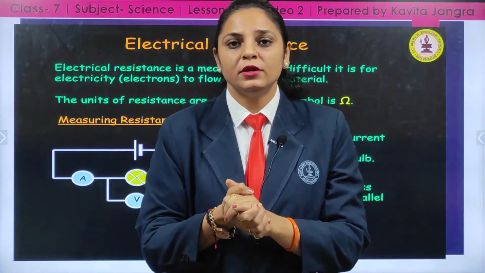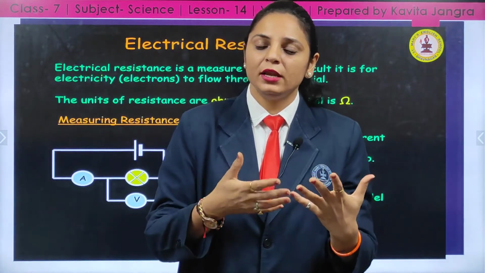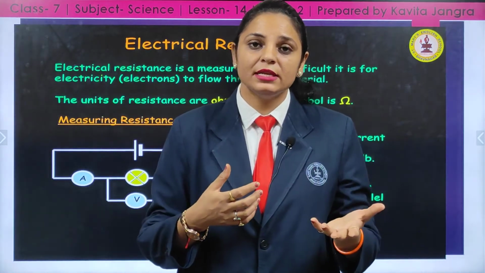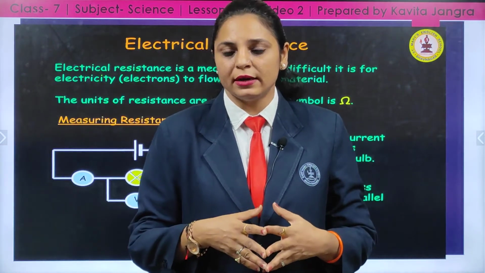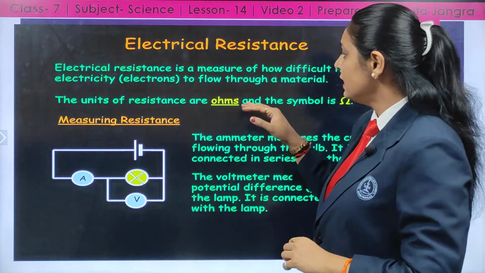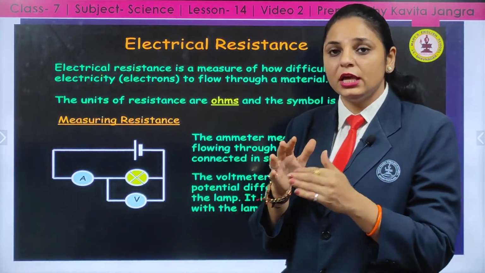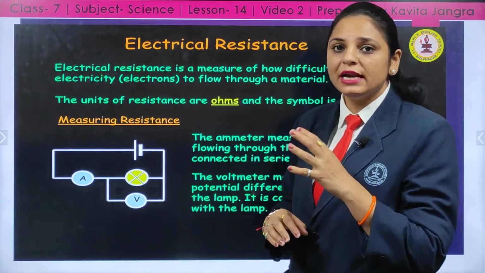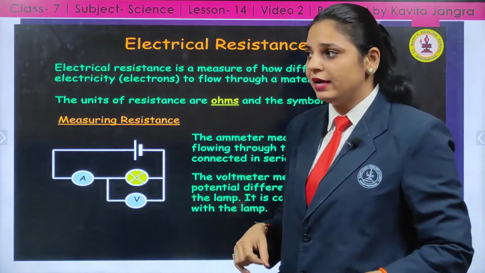As you observe, when you light up a bulb, how it glows, or when you are switching on electrical heaters or geysers, what happens in that case? What material is used in that? So here, what is electrical resistance? You should first of all know that it is how difficult it is for the electricity or the current to pass through any electrical material. That is the opposition to the flow of the current through any wire, that is the resistance.